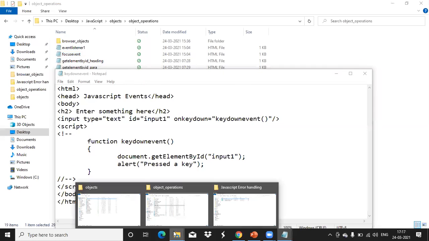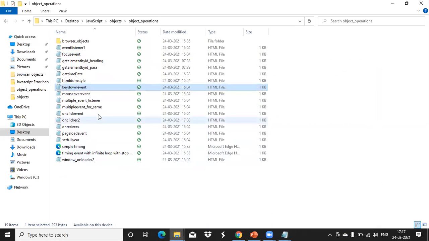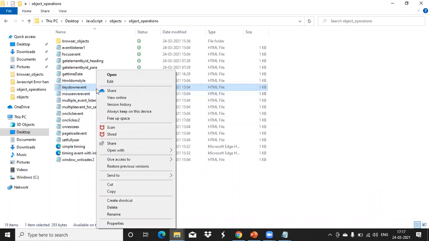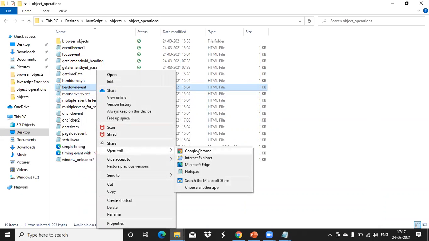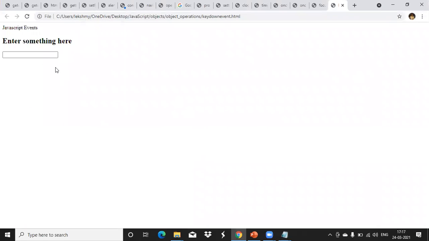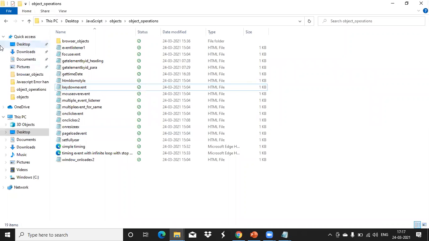Okay, this output you can view. When I click inside this text box and press any key, then it is showing an alert box, press a key. Okay, clear? Any doubt? This is the keydown event. Now